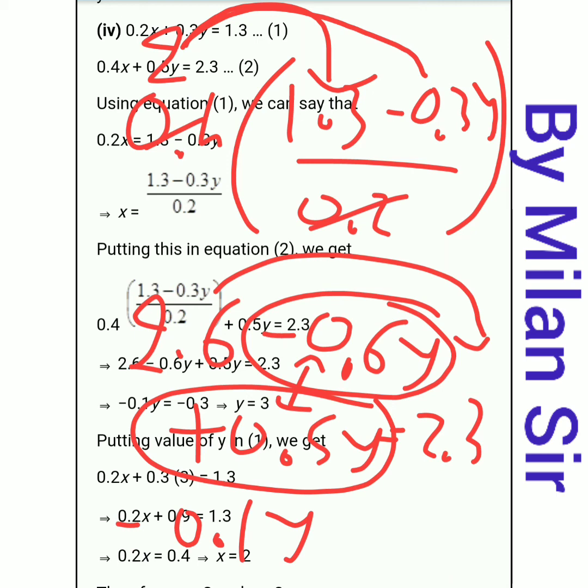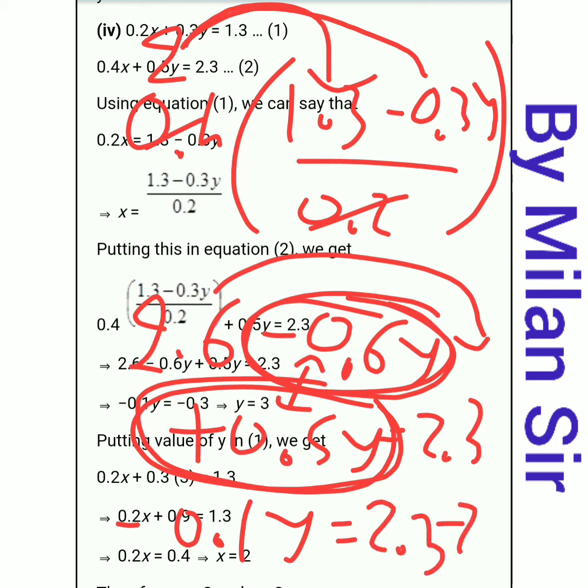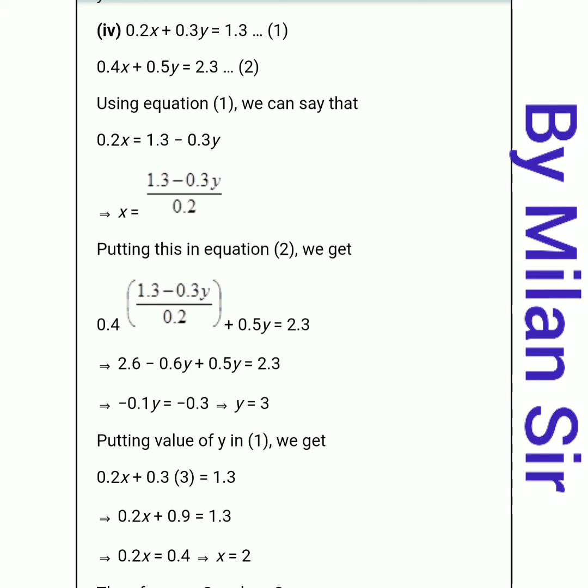Okay, what do we do here? We transfer 2.6 to the right hand side, so right now we do not consider it. Now from these two, plus minus minus, we need to do subtraction. So 0.6 minus 0.5 is 0.1, then put the sign of the bigger number, which is minus. Now in the right hand side we have 2.3. If we transfer 2.6 to the right hand side, it becomes minus 2.6. Right? So minus 0.1y equals